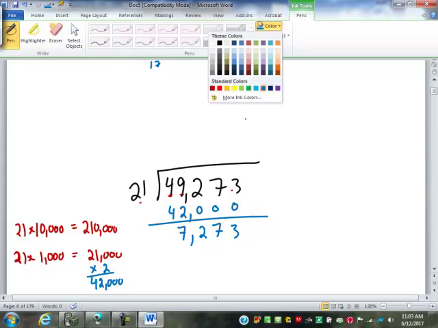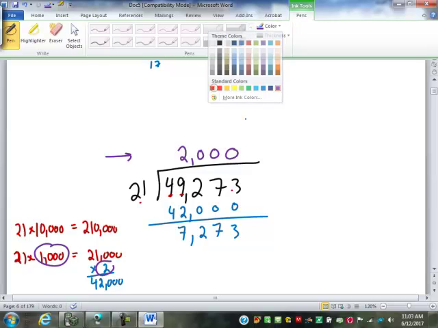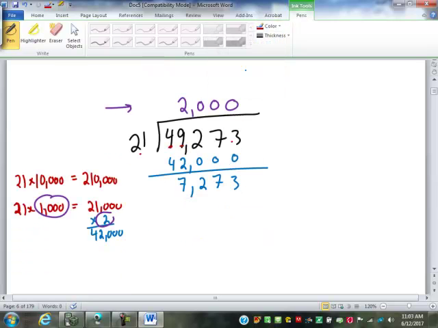But what I really subtracted there was 2 bundles of 1,000 21s. 1,000 times 2 is 2,000. I just subtracted 21 2,000 times. Does that make sense? So my next place value is the hundreds. 21 times 100 is 2,100. Can I subtract that from the 7,000? You bet. In fact,